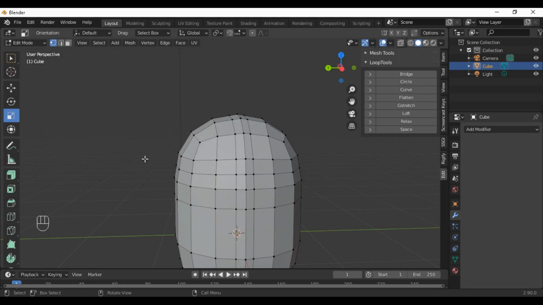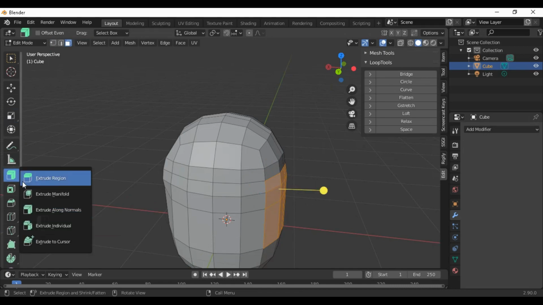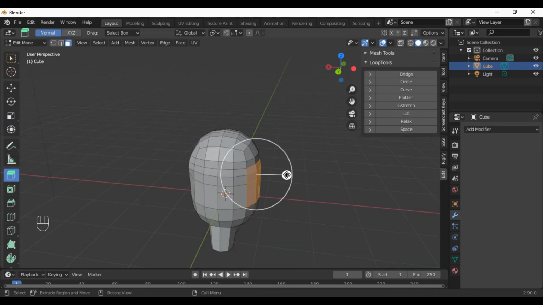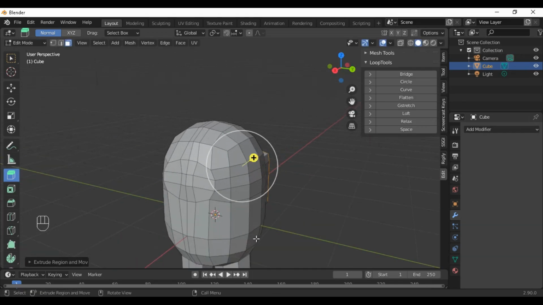Okay, go on face mode. Select the face. Okay. Now E to extrude. Also you can use the select tool, or you can use the shortcut key E. Yes.